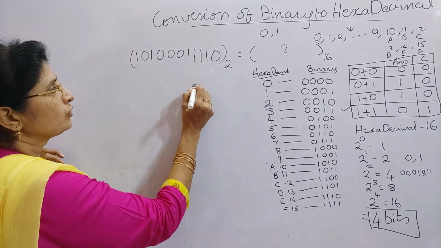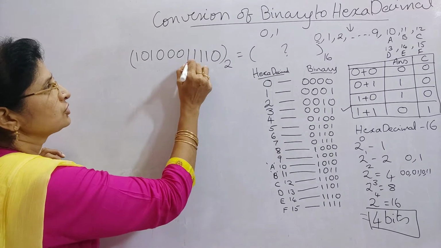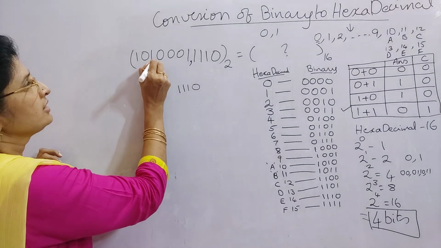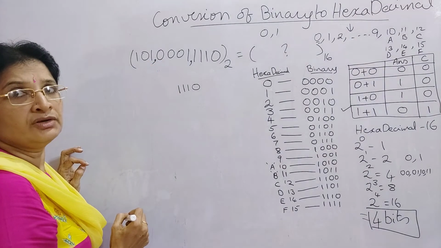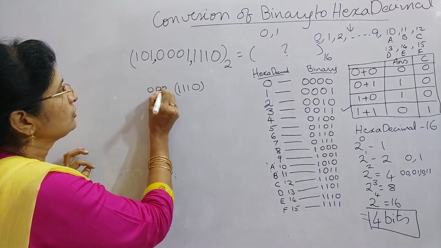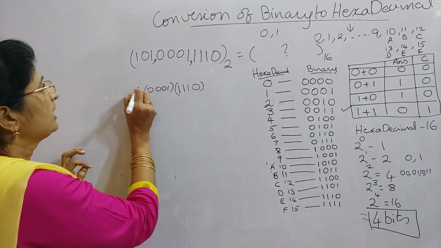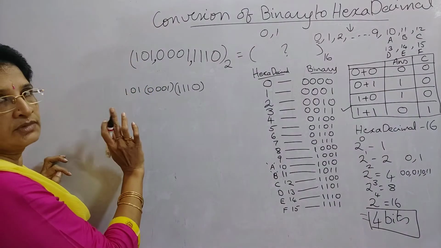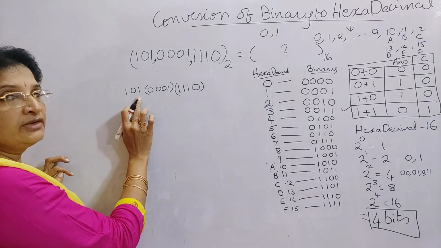So these 4 are grouped as 1. So you put commas. It will be easy for you. Here 1 comma and here 1 more comma. Okay. So this is one group, and the next one is 0, 0, 0, 1 is another group, and another group is 0, 1, 0, 1. So here it is not complete with 4 bits.